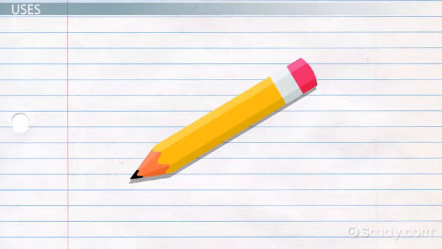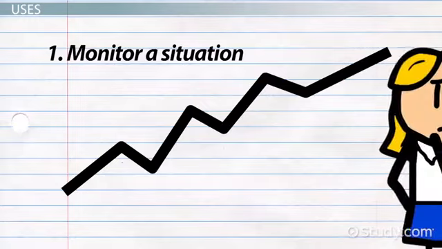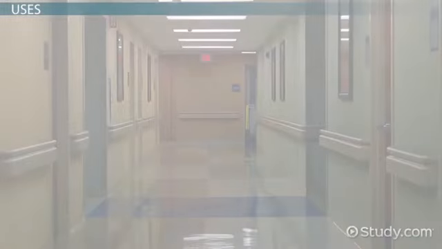But how can she use control charts to help her hospital? There are 3 main uses for control charts in business. Number 1, monitor a situation. The first use is to simply monitor a situation. For example, Roma can create a control chart